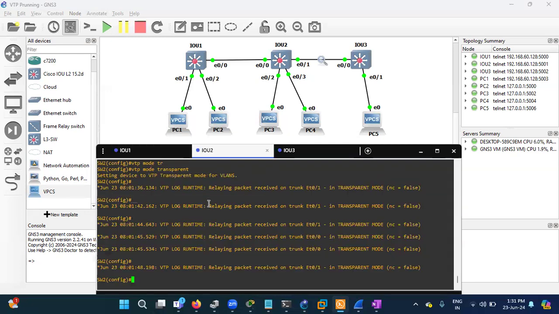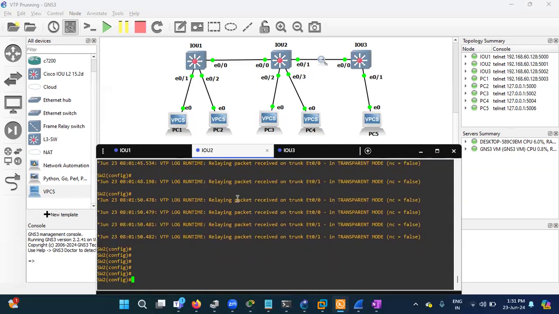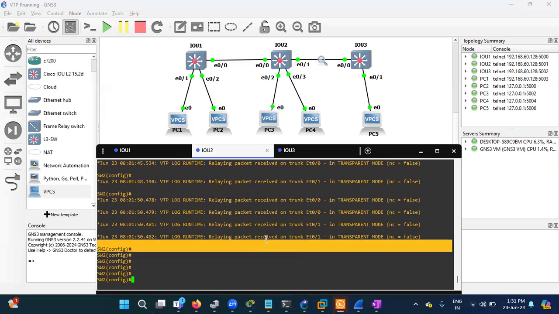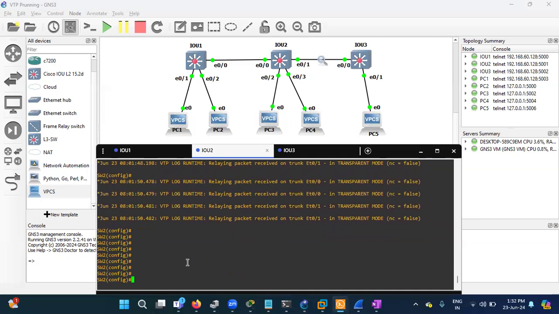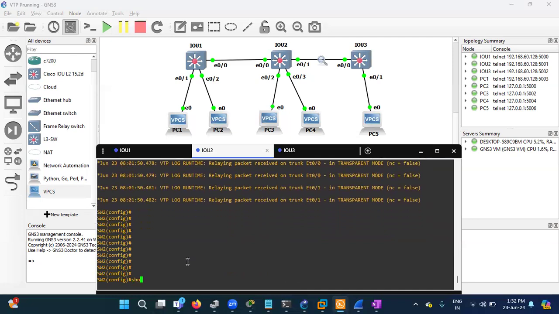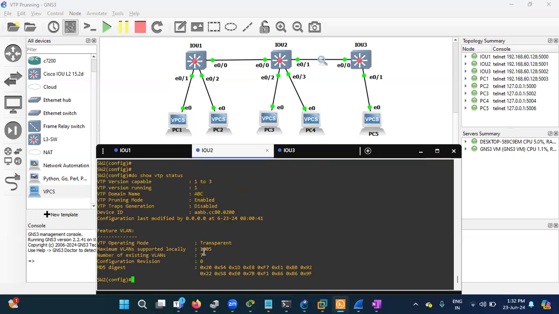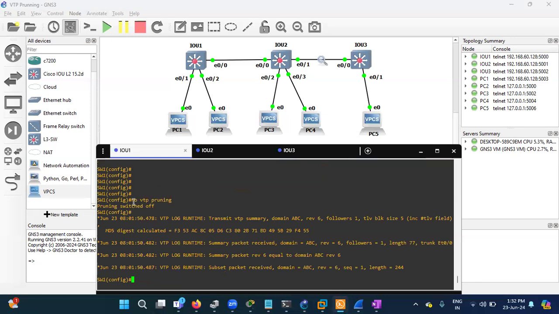No, off. So now let's see. It's received only. It will not generate, as I said. It will not send any information to any of the switches. Why? I already explained everything. So, show VTP status. Oh, sorry. Oh, it was already enabled, right? So I have disabled it, right? So as I explained in theory,